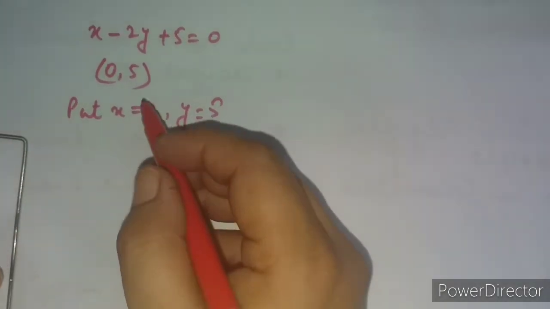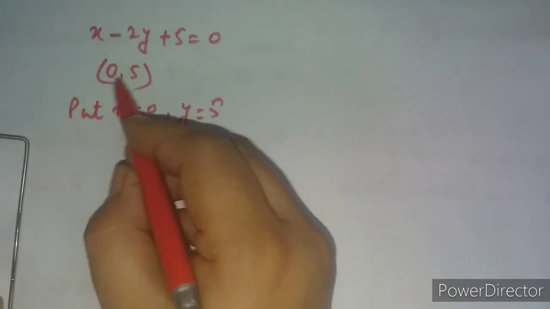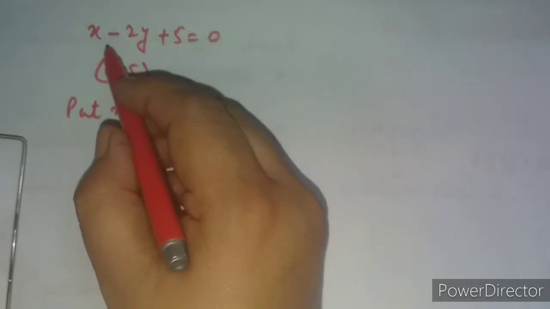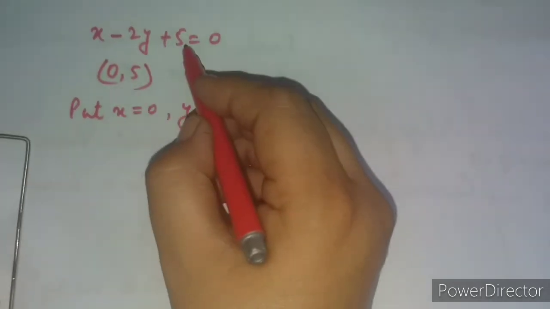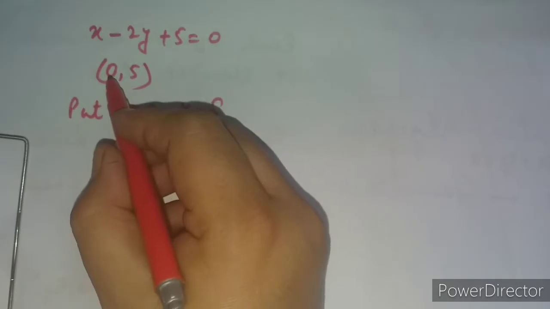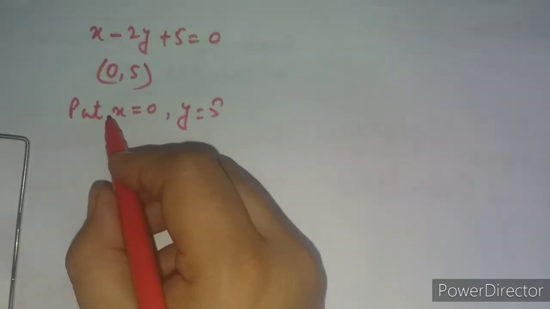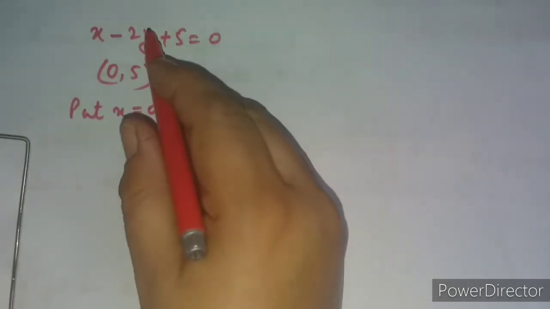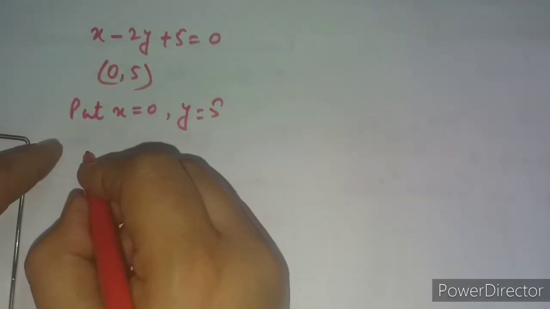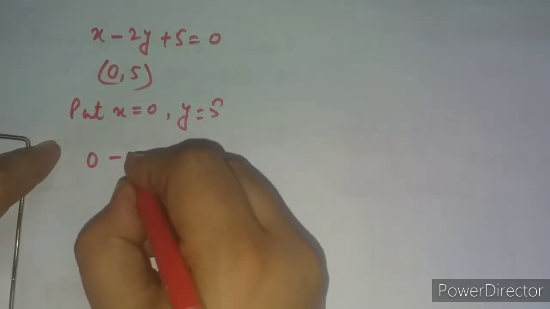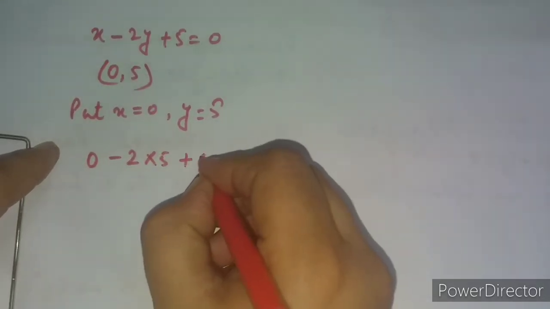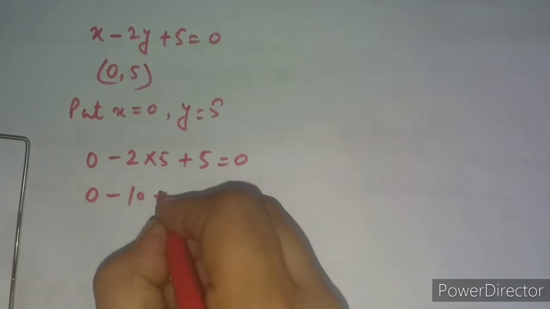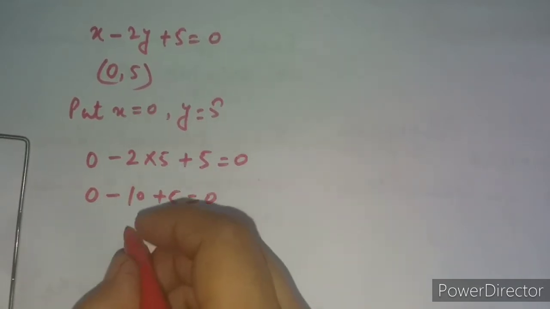Now, still on the same line, I want to check one more point, whether this point lies on the same line or not. The previous example was also from this equation only. Okay, now the point is (0, 5), right. What we will do? We will put x equal to 0 and y equal to 5 in this equation only, right. So, x equal to 0: 0 minus 2 into 5 plus 5 equal to 0 is already given. So, 0 minus 2 fives are 10, plus 5 equal to 0.